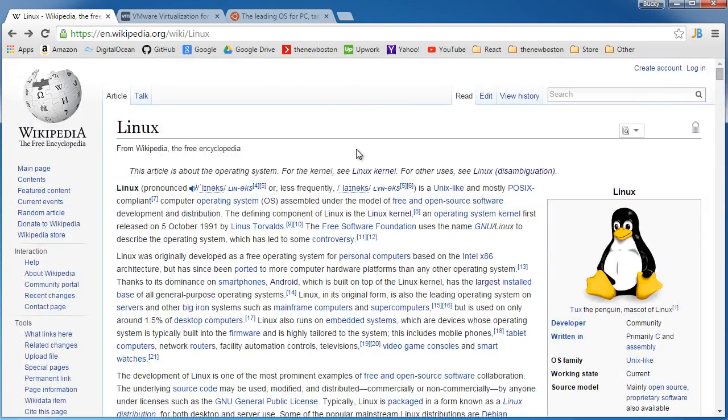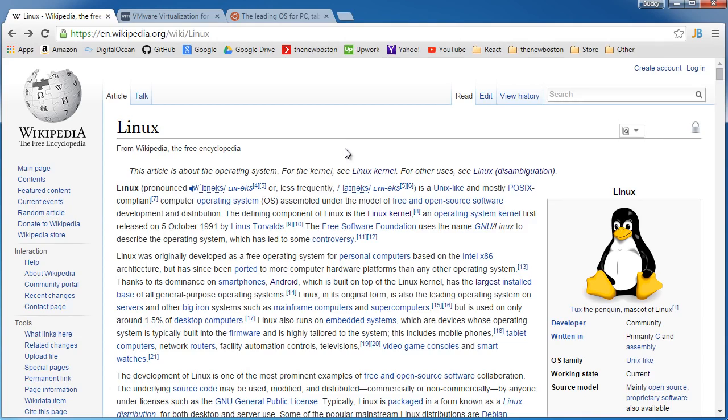Not only is it completely free, but it's completely open source as well. This means that all of the code that they made to create this operating system, you can actually just copy it and change a few things, and you can release your own version of Linux called Splinix if you want. And since it's open source, instead of a company of people working on it, you have the entire world that can fix bugs, make updates, add features, and make improvements to it. So it's pretty stinking cool.